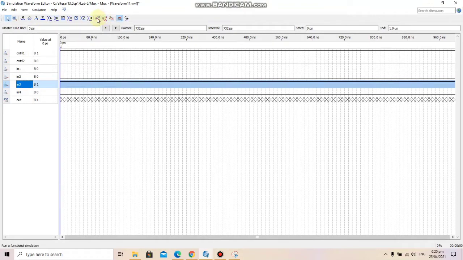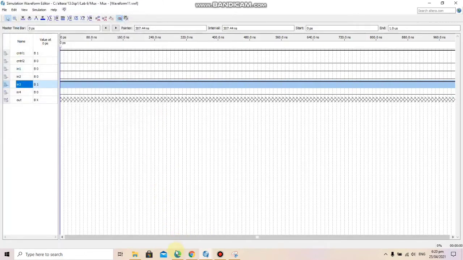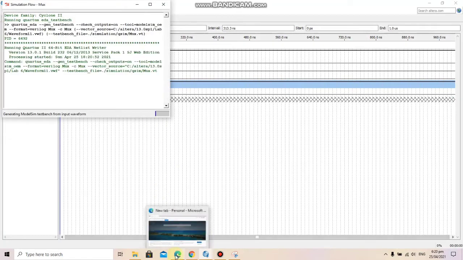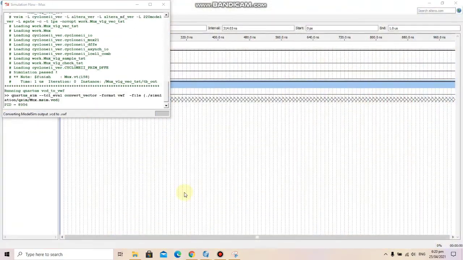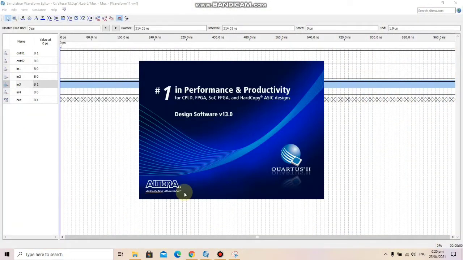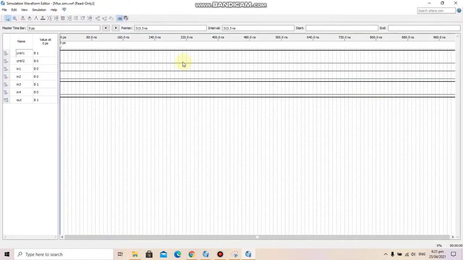So now we should be having 1 at the output, which is our input 3. And now we can see that our output is 1, which is equal to input 3.